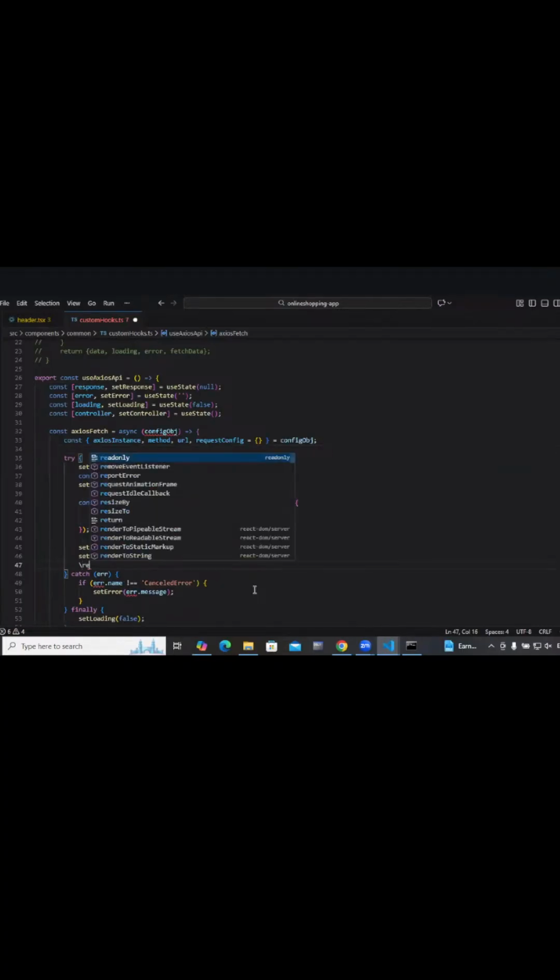Axios dot fetch this guy. So here we can return response dot data.